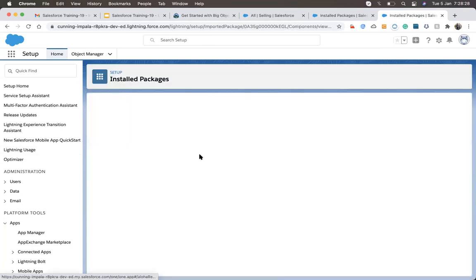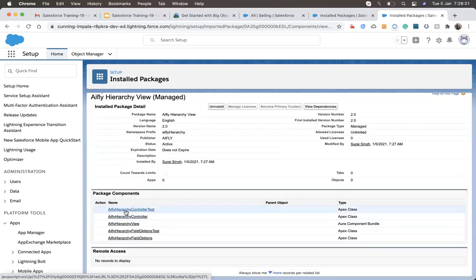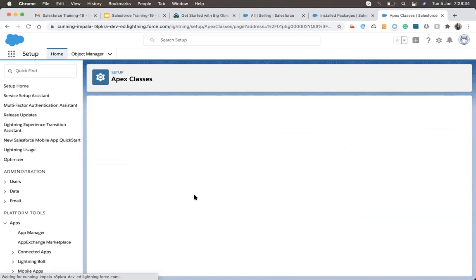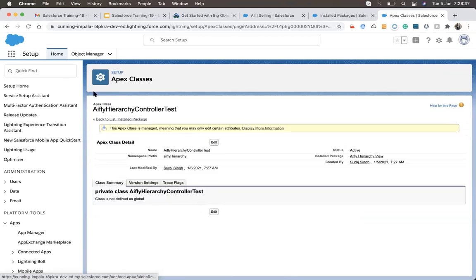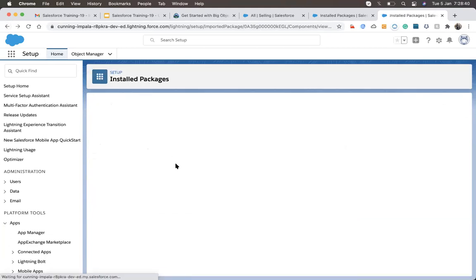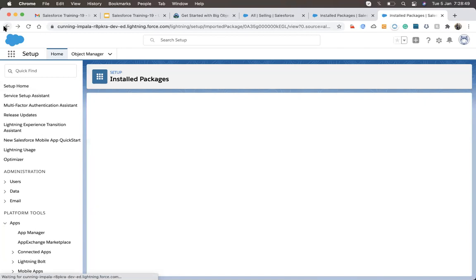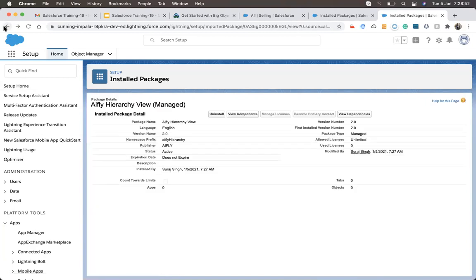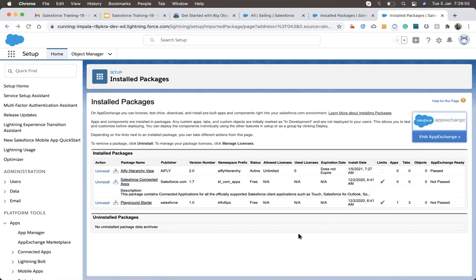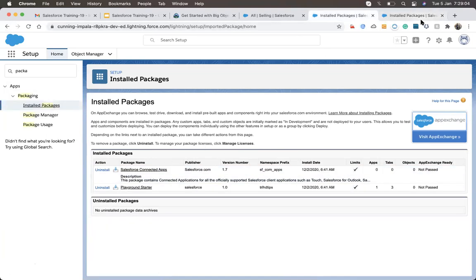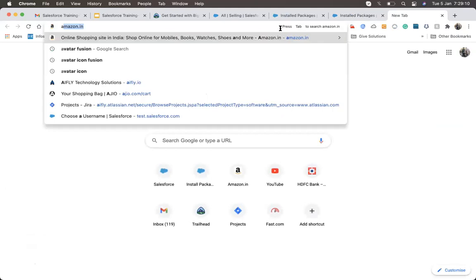You can see the components, but you can't make any changes in them. You can just view them. Whenever you try to open a component, it will say that it belongs to a managed package, so you can't make any changes in the component. So that's okay. I'm just demonstrating how we check managed packages, how we install an app from the AppExchange, and how we manage it. It's pretty much like this. And since it has come up here, how are we going to open this app? For that, we need to go back to AppExchange and see if there is documentation present over there.